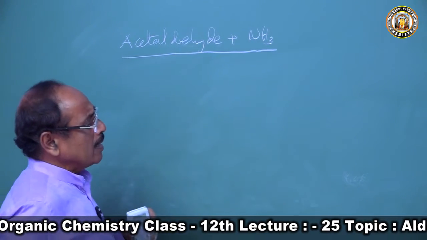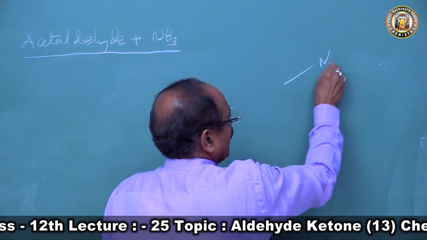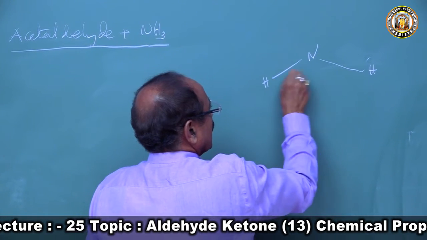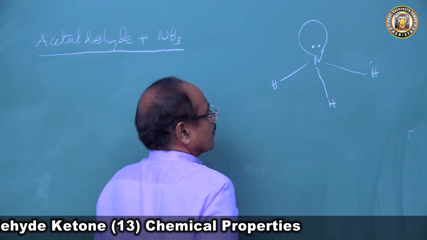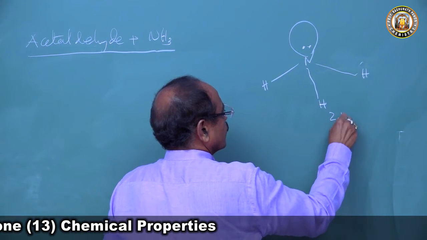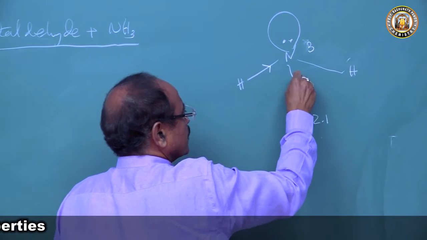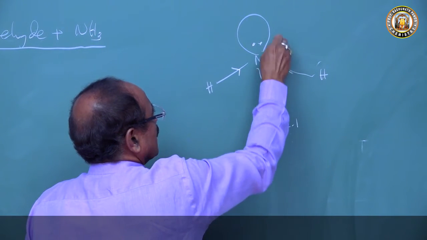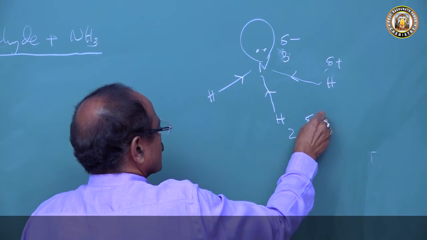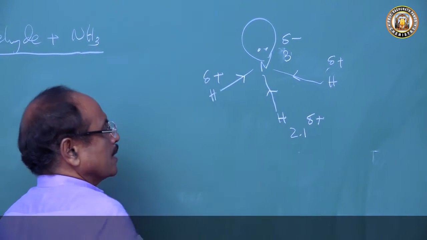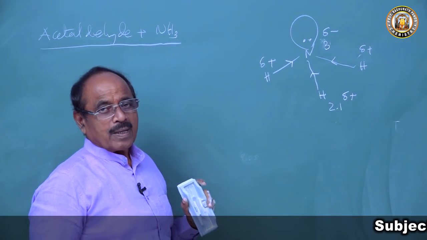So what is ammonia? Ammonia has a nitrogen atom and 3 hydrogen atoms, and here is a lone pair of electrons. This is the shape of the ammonia molecule. Hydrogen has electronegativity 2.1 and nitrogen has electronegativity 3. So there is always a drift of electrons towards the nitrogen atom. Nitrogen has delta negative charge and hydrogen has delta positive charge. So ammonia has a pyramidal shape, and it is a dipole.